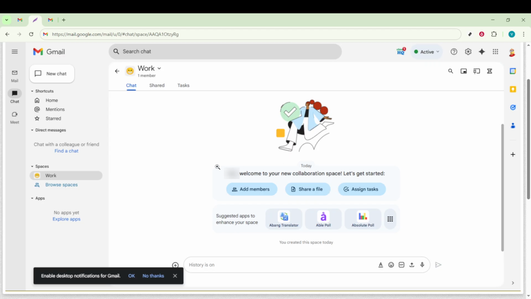Creating a space in Google Chat is a simple yet powerful way to enhance collaboration and communication. By following these steps, you'll be able to quickly establish a space that's tailored to your specific needs, whether they're professional or personal. Remember, a well-organized space can help ensure that everyone stays on the same page, making your interactions more efficient and